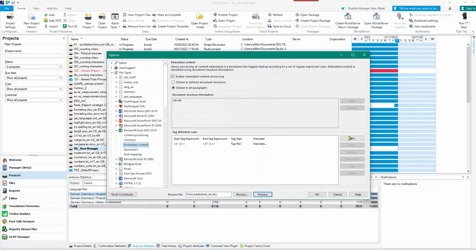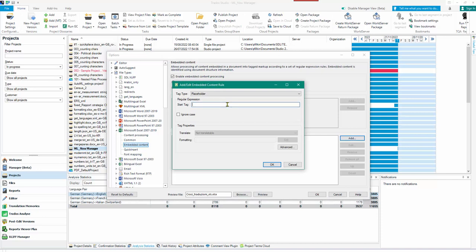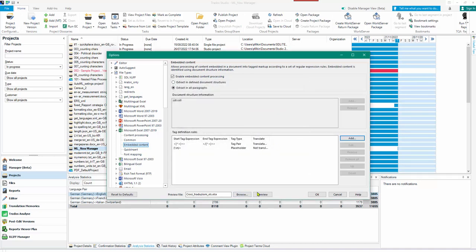So let's just add another rule for that, because it's a \n, I need to escape the backslash, because the backslash has a special meaning. So I'll escape it, and I'm going to put it in brackets, and plus, so if there's more than one, it will repeat it and should find them all. I think that will do it. And then if I preview that,